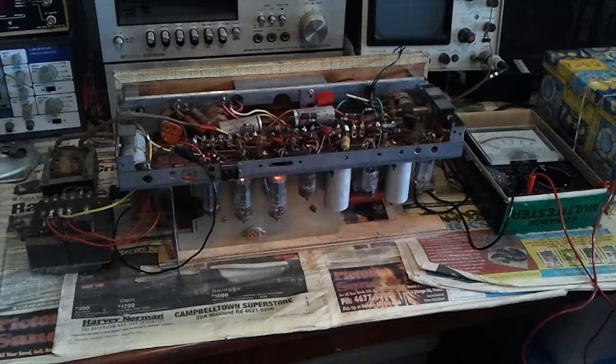If it was transistorized solid state, you'd put it on a variac and gradually wind up the variac and get the electrolytics particularly used to the voltage coming up on them again. But being valve and heaters that need to be up near their normal operating voltage to give enough emission, what I did, rather than just putting a new transformer on it, I've got two transformers. The back one is just for 6.3 volts. Actually there's three transformers. This one is the normal